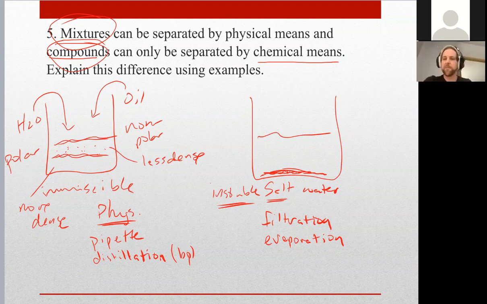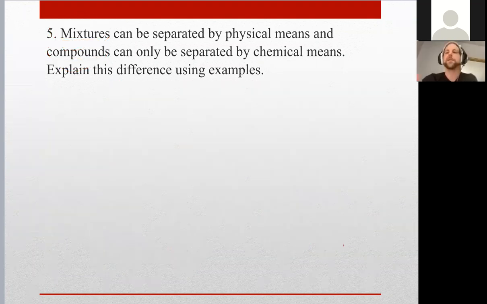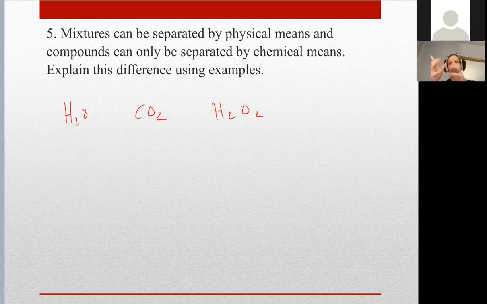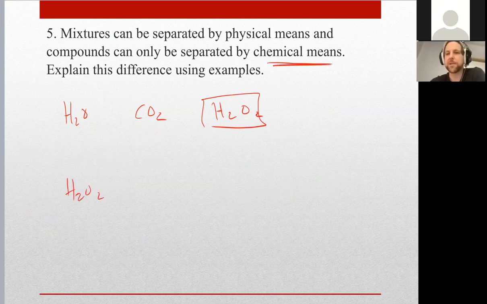Now, as far as compounds go, an example of a compound is going to be water, carbon dioxide, hydrogen peroxide, some sort of compound that has a chemical formula. There's multiple atoms forming one individual molecule in this case. So in the idea of hydrogen peroxide, how can we break this down further? Well, we have to use some sort of chemical means. And we know that hydrogen peroxide, to use this example, goes through a decomposition reaction,